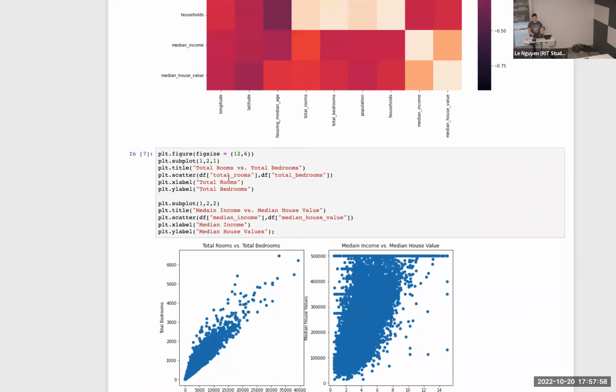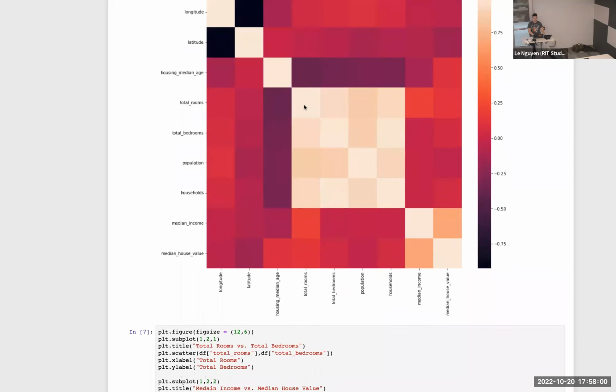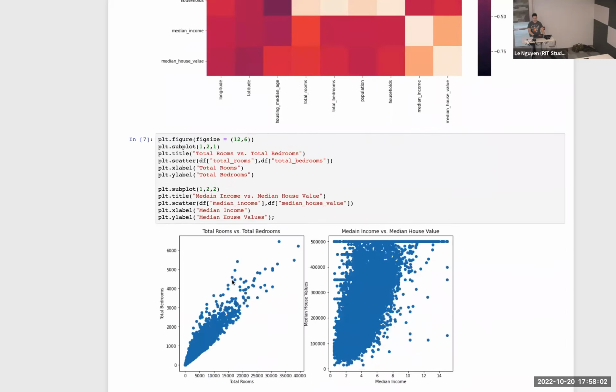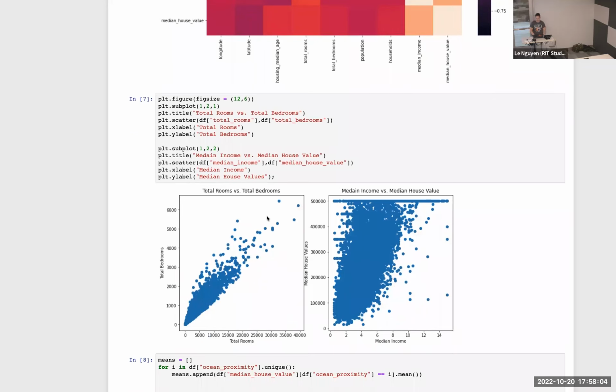So if we go on to look at these correlations, total rooms and bedrooms are highly correlated, as we can see here. That makes good sense, because if you add a bedroom on, you have to, by definition, add a room on. And looking at the median income and the median house values, we see strong correlation up here until we hit